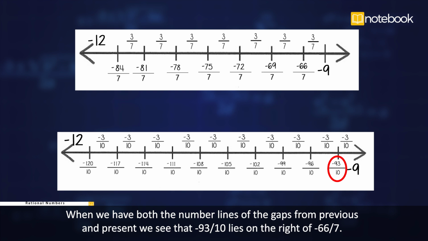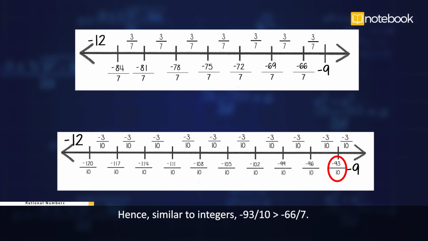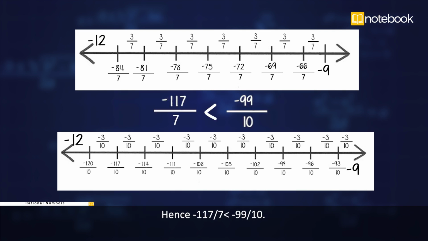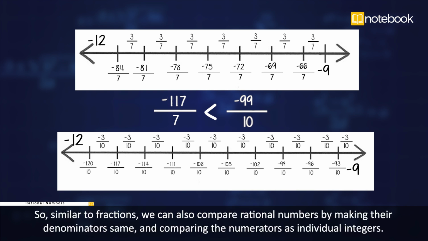When we have both the number lines of the gaps from previous and present, we see that -93 by 10 lies on the right of -66 by 7. Hence, similar to integers, -93 by 10 is greater than -66 by 7. But -117 by 7 lies on the left of -99 by 10. Hence, -117 by 7 is less than -99 by 10. So, similar to fractions, we can also compare rational numbers by making their denominators the same and comparing the numerators as